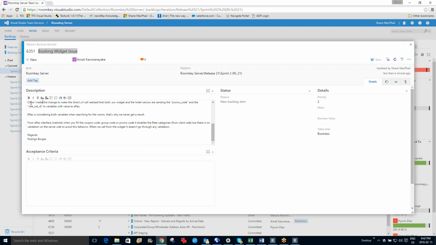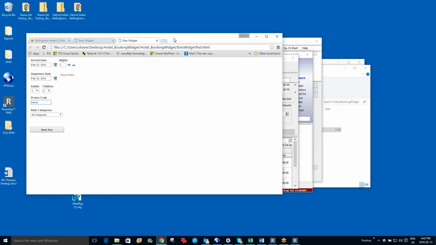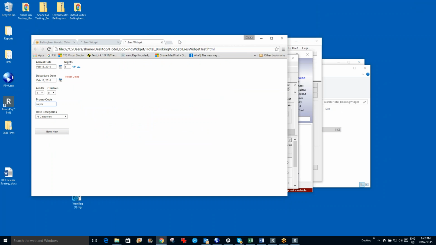So it just talks about his findings about how we're sending the promo code and the rate category ID to the variable. So let me go over here and I'll explain what I think you did. Okay, we're good. So if I go to the booking widget